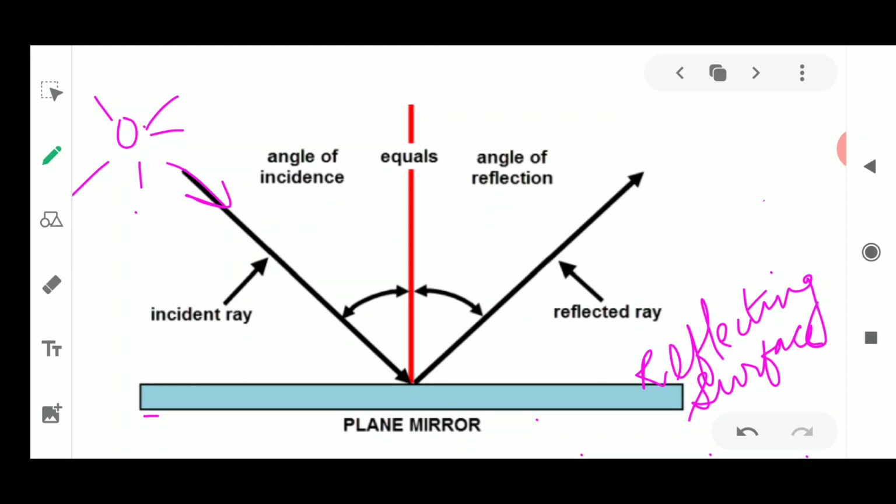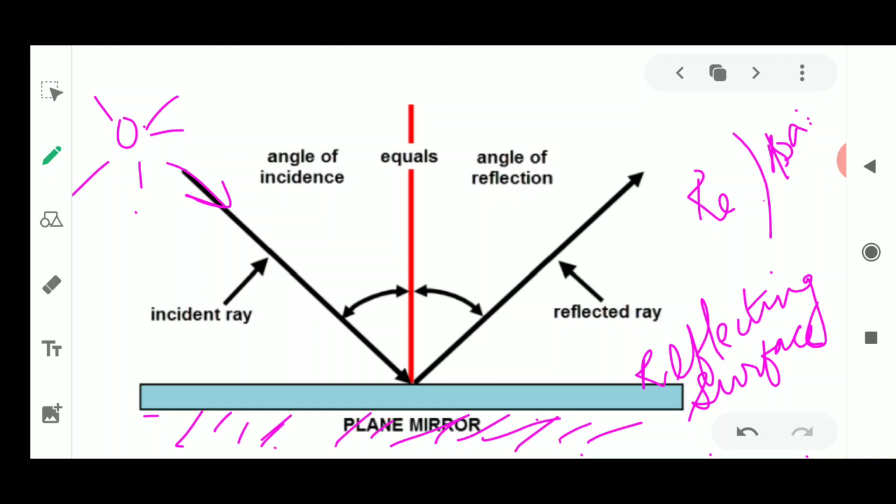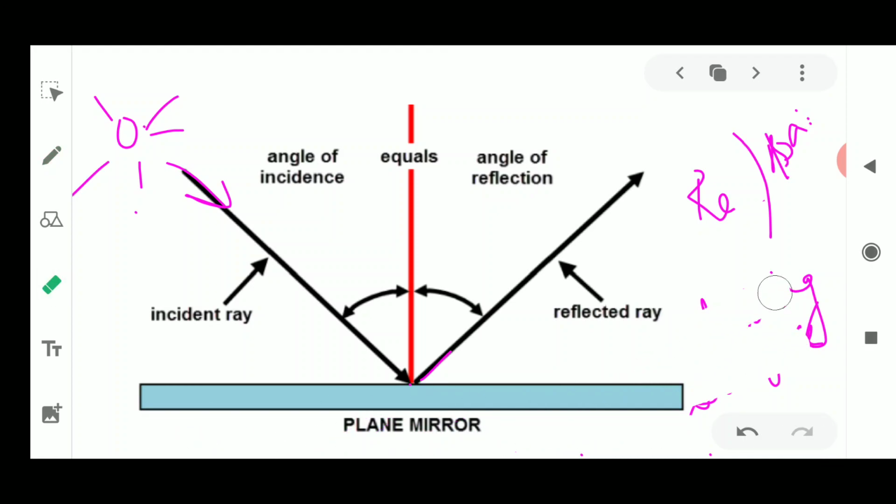And this mirror has two surfaces. One is the reflecting surface, another one is the shiny surface, meaning a painted, opaque surface. Why is this a painted surface? Because otherwise we would not be able to see things, since the light would have passed through. We are able to see our face because light is being reflected. Light has to reflect. So in the plane mirror, one side is made opaque. Fine. So the light ray passes, strikes the surface and gets reflected.